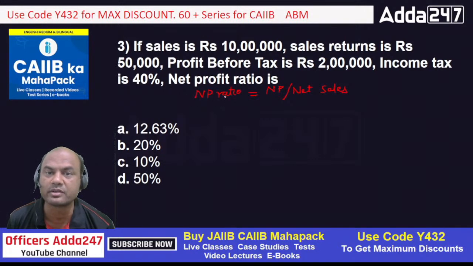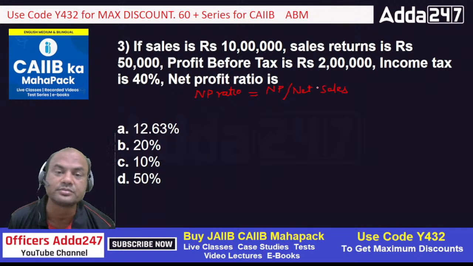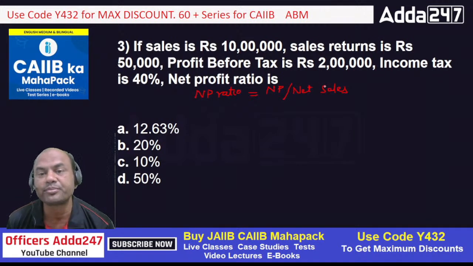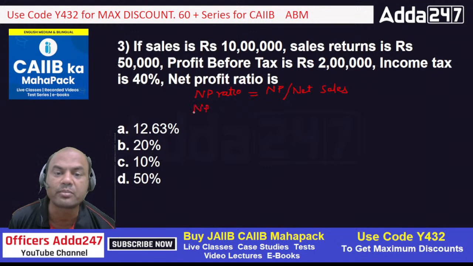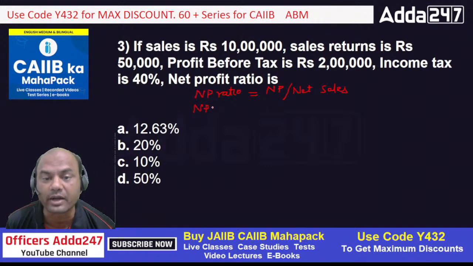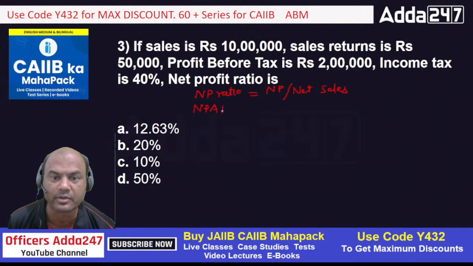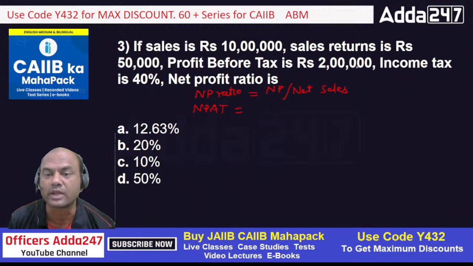What is net profit ratio? Net profit upon net sales. Remember, what is net sales? I'll explain this one by one. Firstly let's get net profit. Net profit is always net profit after tax. So what is given? Net profit before tax is 2 lakh and income tax is 40%. So my net profit after tax will be